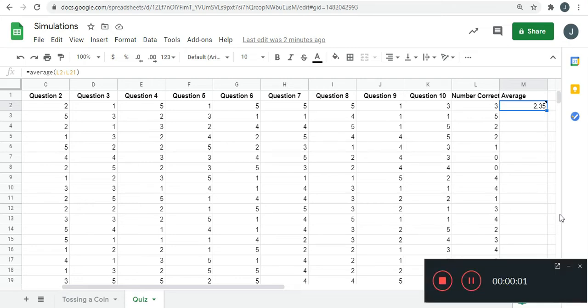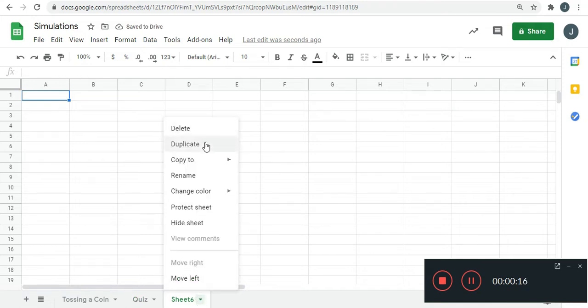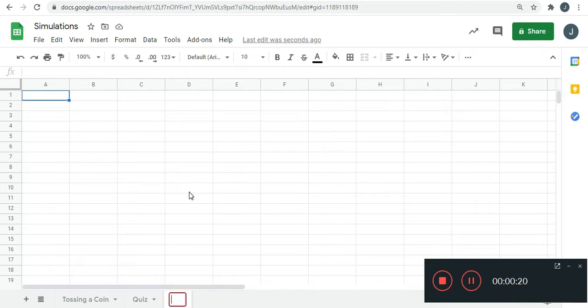This is going to be our third and final simulation of the day. So we are going to simulate pulling a card from a deck of cards. In the same Google Sheet, we're going to add a sheet, and we can rename it, or you can double click, and we'll name it